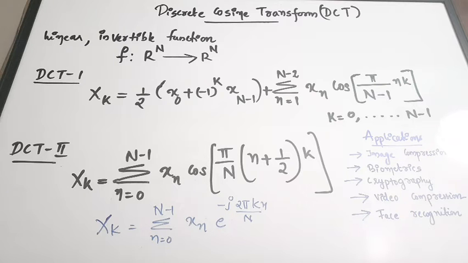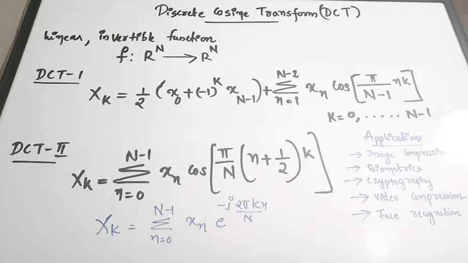Now let us discuss more about the DCT, which is our topic for today. DCT is the discrete cosine transform. It expresses a finite set of sequences or data points as functions of cosine terms, or in terms of cosine functions oscillating at different frequencies. In simple words, it takes a set of input data elements and gives us an expression in terms of cosine terms. So that is DCT.